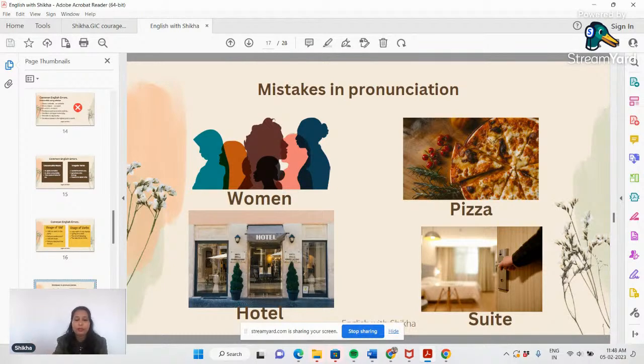In the same way, here we have the first word, which you will pronounce as woman. It is not woman, it is women. Women. So if I write this pronunciation spelling, I will write it as Wimin. This is a pronunciation spelling, but the actual spelling is women. This is the correct spelling, but the pronunciation would be Wimin. In the same way, the next word we have is pizza. This is pizza.